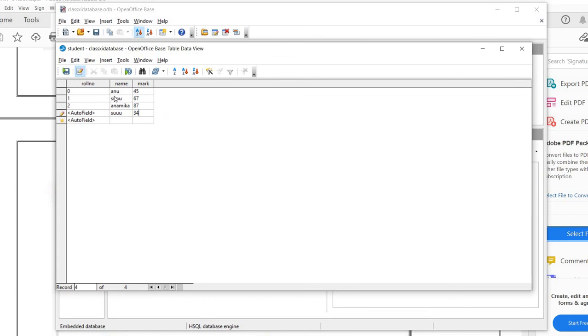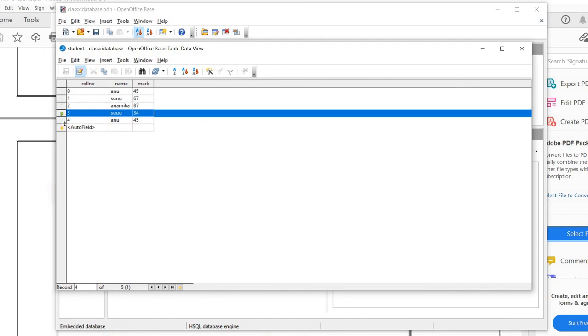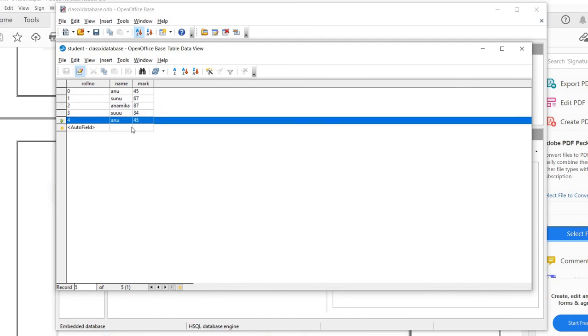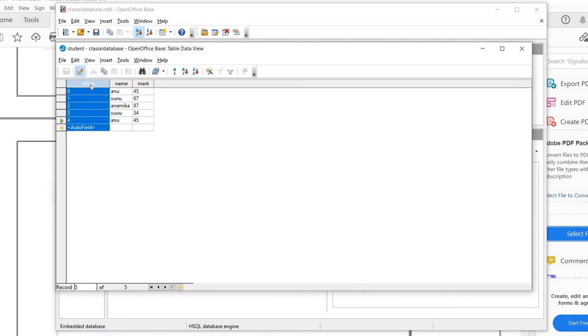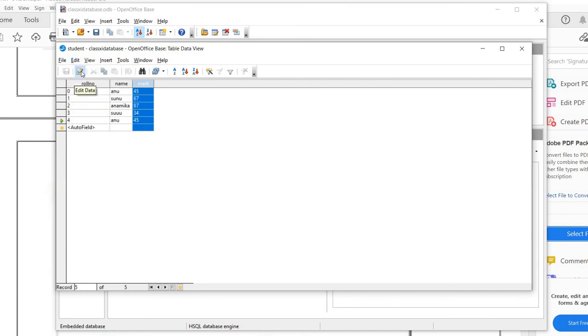So first we created a table. Then just by writing the name inside the table, you inserted a row. So how many rows did I create now? You can see first row, second row, third, fourth and fifth. 5 rows are created, and here roll number is my primary key, the other name and marks are the normal columns. Okay, this is how we are creating a table. Okay, just closing that one.